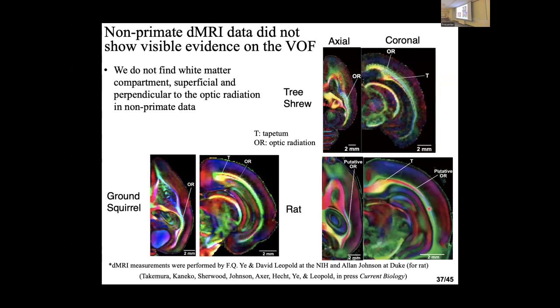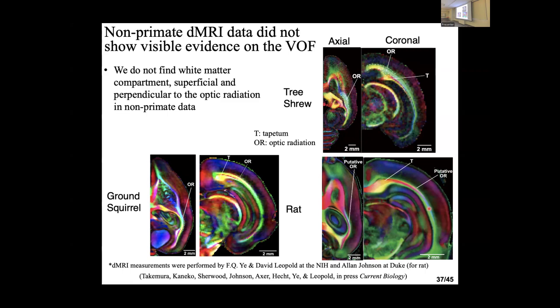I have just gotten used to the human brain too much. Sorry about that, but looking at a rodent brain, I get lost to some extent because there are lots of rotational differences: visual cortex on the top, hippocampus going on the top, many things are different. But we took the simplest strategy. We placed the seed in the primary visual cortex and the dorsal lateral geniculate nucleus, where I can confidently observe, and tried to identify the pathway connecting them as the optic radiation equivalent, to mark the voxels. Then we tried to discover voxels perpendicular and lateral to that optic radiation.